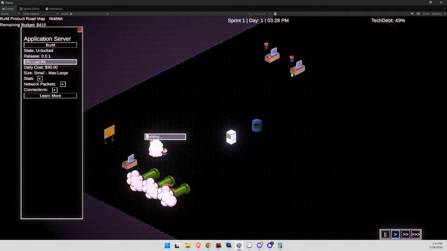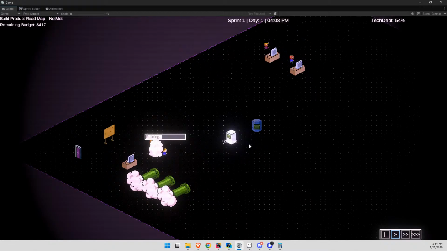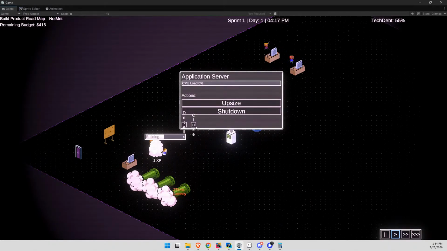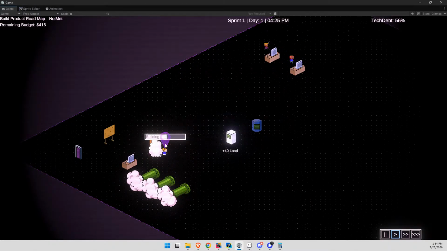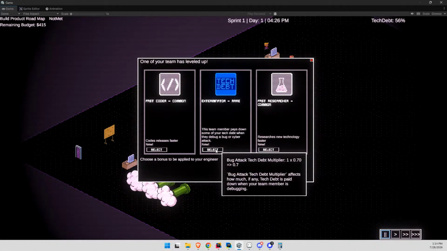So I'm trying to give them a little more flavor as to what's going on there, and trying to minimize, like, there's a lot of extra stuff in here. I'm going to do the same thing I did with the infrastructure, likely. And there are some UI bugs clearly right there. But I'm just going to pick this for the animation thing, and it says you'll also see tooltips. So you see that bug attack, TechDebt multiplier.